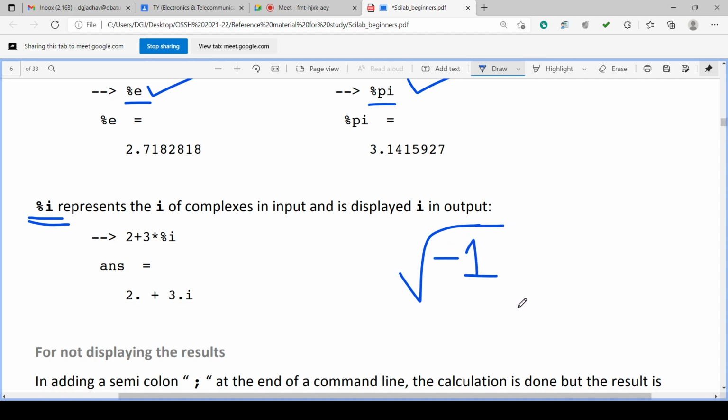Okay, i is the imaginary value, root of -1. So 2 plus 3 into %i will give the answer 2 plus 3i. While taking the input, %i is taken as root -1, and while displaying it, it will display i like this. Okay.